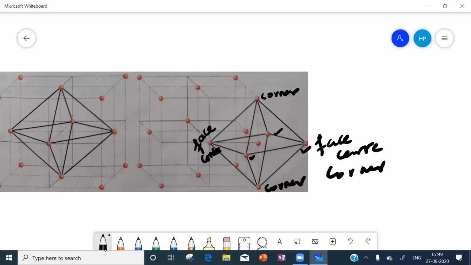So you are saying the face centers of neighboring particles. That means you are taking this as one face center, this as one face center, this as one face center. You are taking the face centers of neighboring particles.